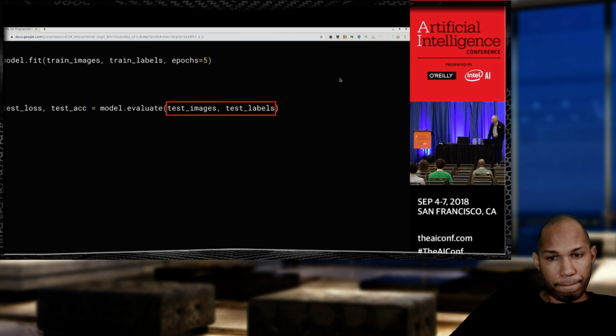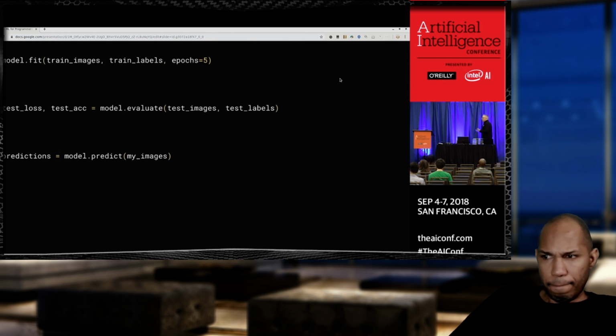Alrighty. And then of course, if I want to predict an image, if I have my own images and I formatted them into 28 by 28 grayscale and I put them into a set, now I can just say model.predict my images and it'll give me back a set of predictions. Now what do those predictions look like? For every image, because the output of the neural network had 10 neurons, every image is going to give you back a set of 10 numbers.